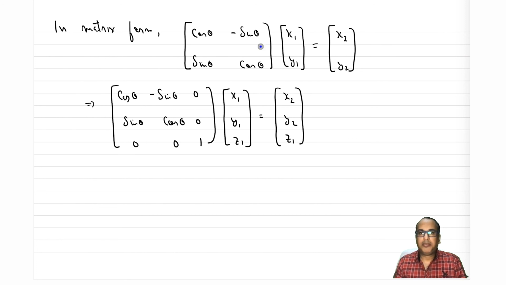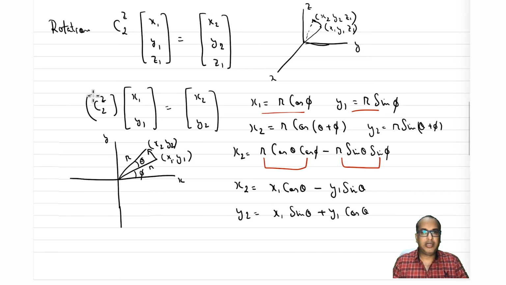So notice that I'm writing z1 as z1, right? y1 goes to y2, x1 goes to x2, whereas z1 remains as z1. So this particular matrix is my representation for C2Z. Now I can take any angle, or CNZ, right? We have not explicitly said any angle here. So this is for CNZ. Let me also correct it in the previous one here. So let's say this is CNZ.